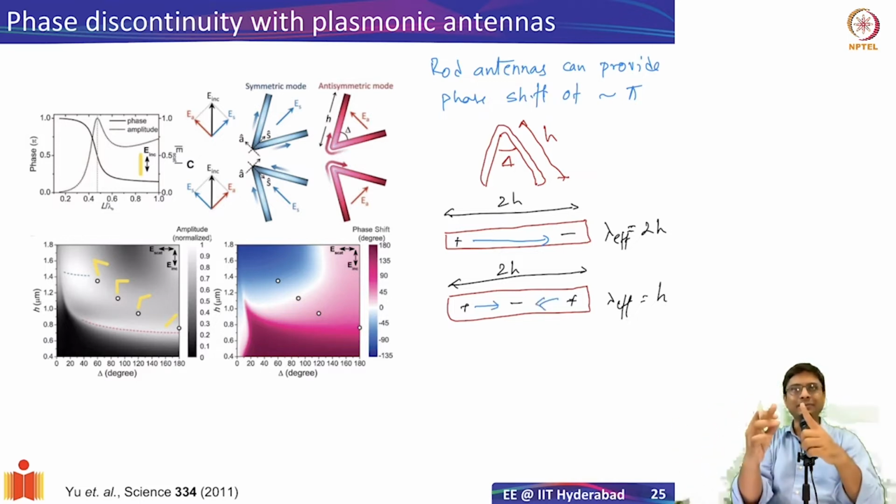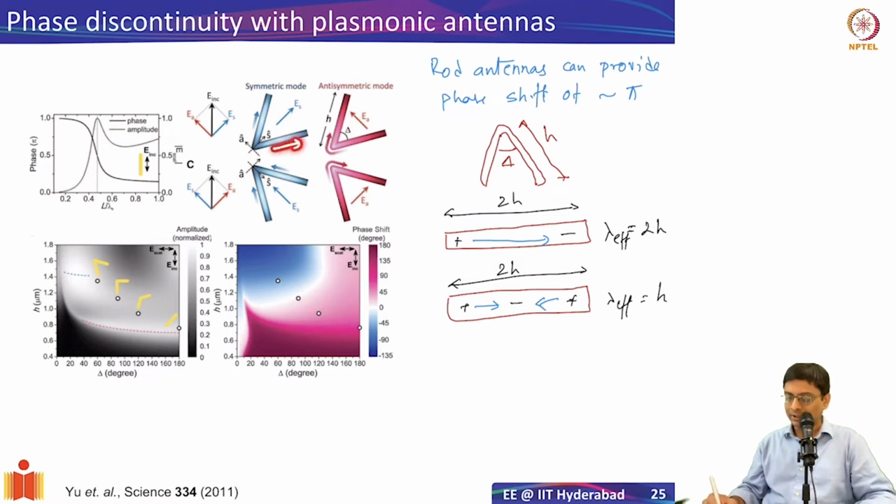Now when you bend it, Capasso's group said that they can have two different modes, and they call them the symmetric and the anti-symmetric mode. What is shown here in blue is the symmetric mode. So essentially you take an antenna of some V shape, and you have an incidence in this direction. You can resolve the incident electric field into two orthogonal components, the symmetric electric field and the anti-symmetric electric field. When you have a symmetric electric field, the antenna behaves as this bent antenna with two arms, and the electric field in both arms, represented here in blue, is in the same direction. That's why it's called the symmetric mode.